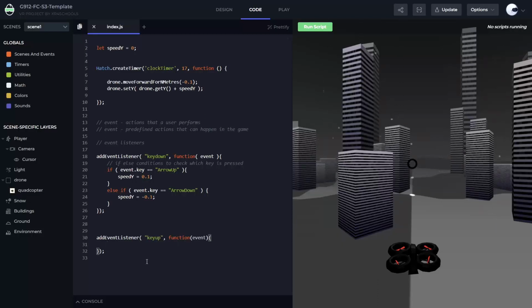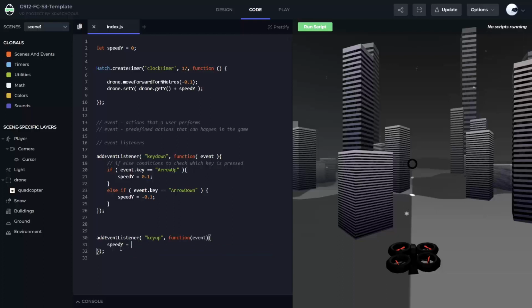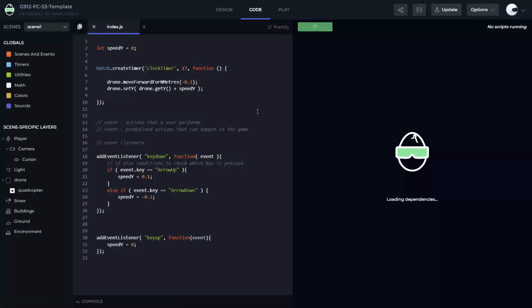What I'm going to say here is, irrespective of any key that you're releasing, I want speed y to become 0. I'm not going to check which key I'm releasing, okay? If I release any key, so if I release the up arrow key or down arrow key, then speed y will become 0. Now, what will happen here is, you will see, when I run the script,